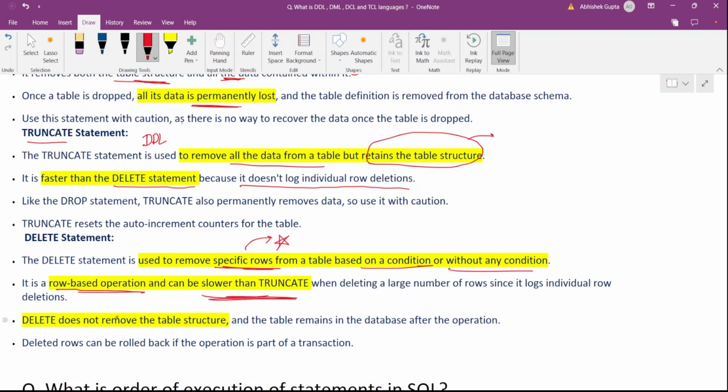One more difference between the delete statement and the truncate and drop statements is that it doesn't remove the table structure. Okay, it doesn't change the table structure, and the table remains in the database after the operation. So we can understand that it doesn't change the table structure, therefore the table still remains in the database after